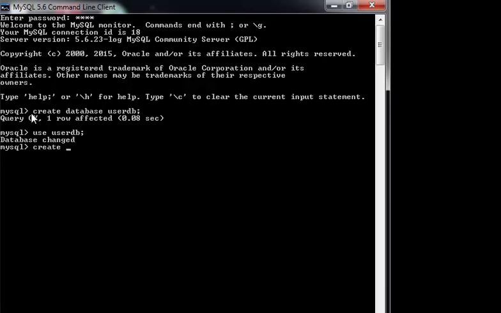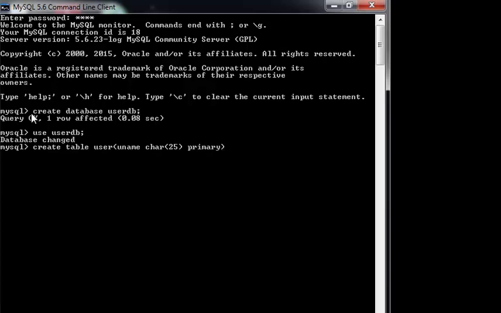My next query is create table. The first field is uname, of data type char with a limit of 25 characters.